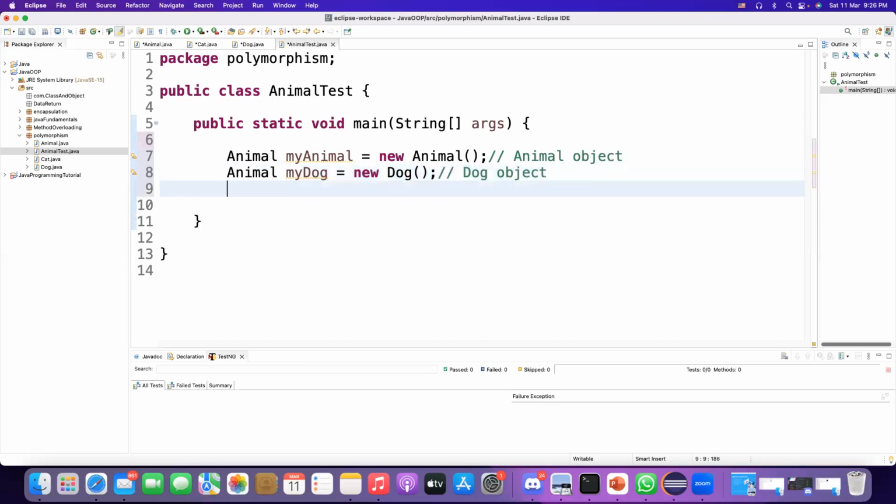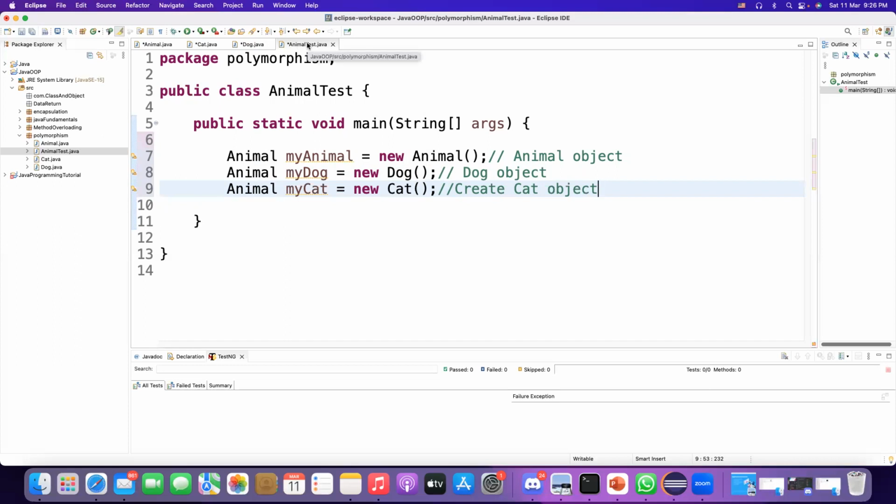Same way, we are creating an object from Animal, but creating a new Cat object. Clear? So Dog, Cat,